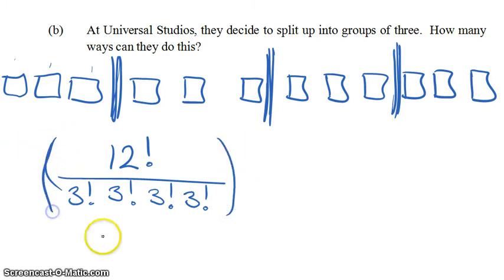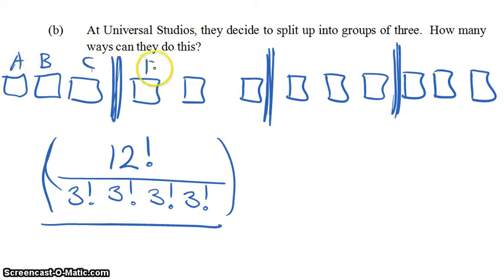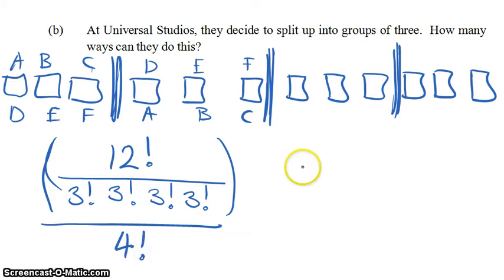But the groups themselves also don't matter, right? So like if this was person A, B, C, and then D, E, F was here, if we had D, E, F, A, B, C, that's exactly the same. Like there's no group 1, group 2, group 3, there's just groups. So we also need to divide through by 4 factorial to get rid of the arrangement of the groups themselves. So performing this calculation, you find that your final answer is